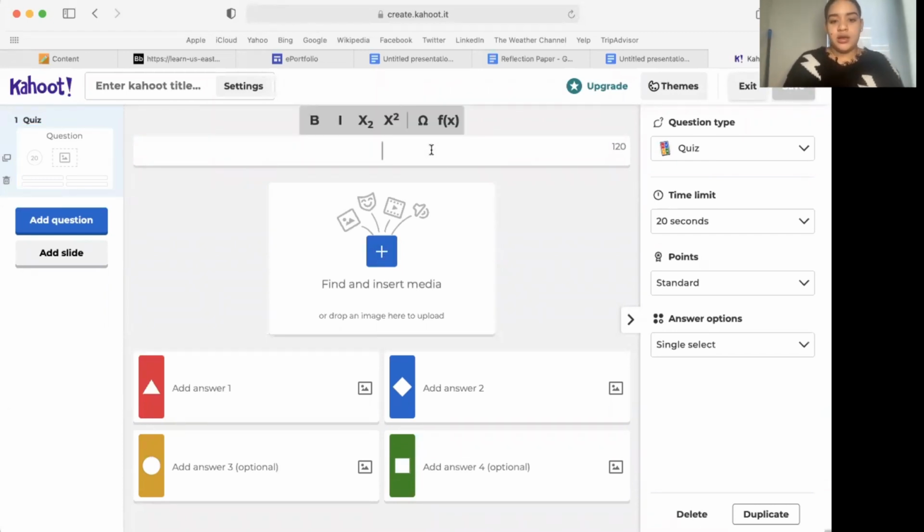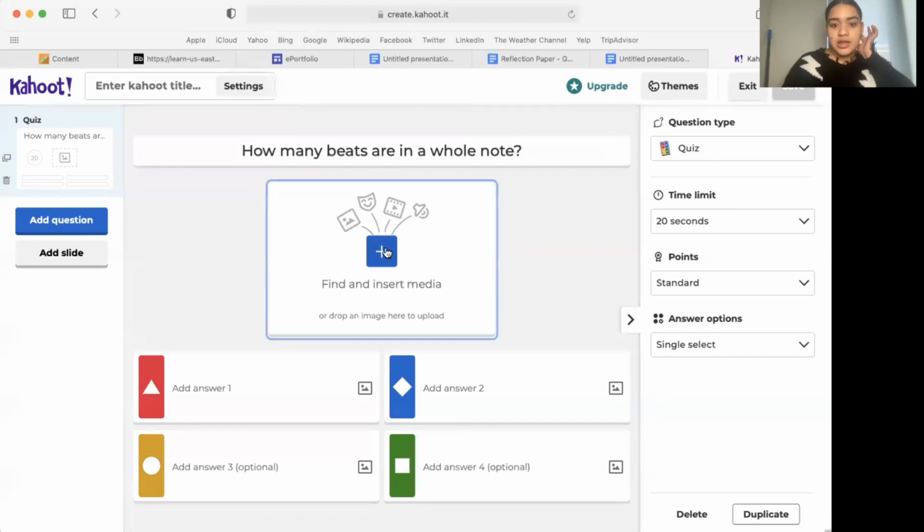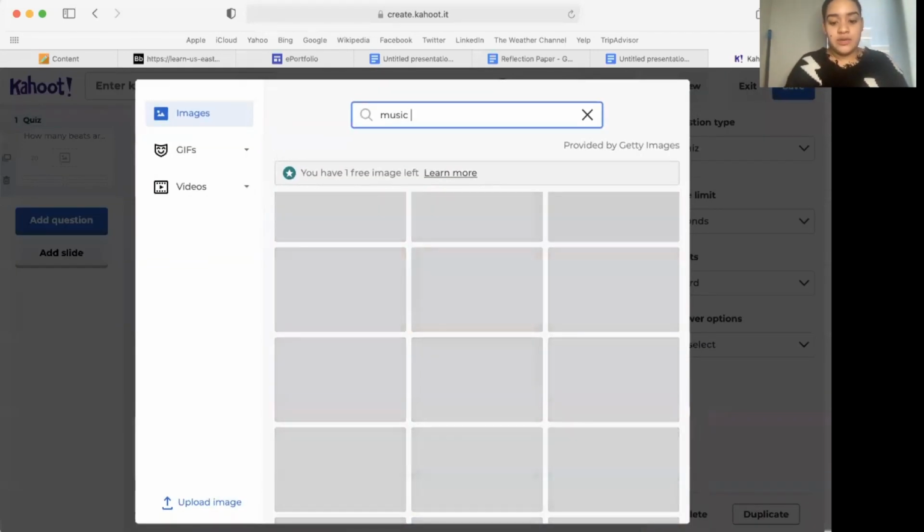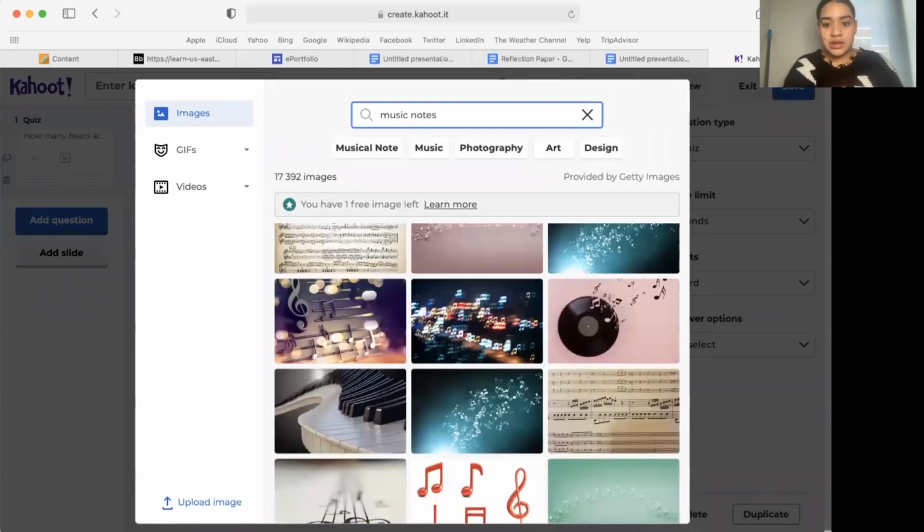The first question could be, how many beats are in a whole note? Now we can insert a picture right here. Let's see, we can find music notes. Let's make this look pretty.